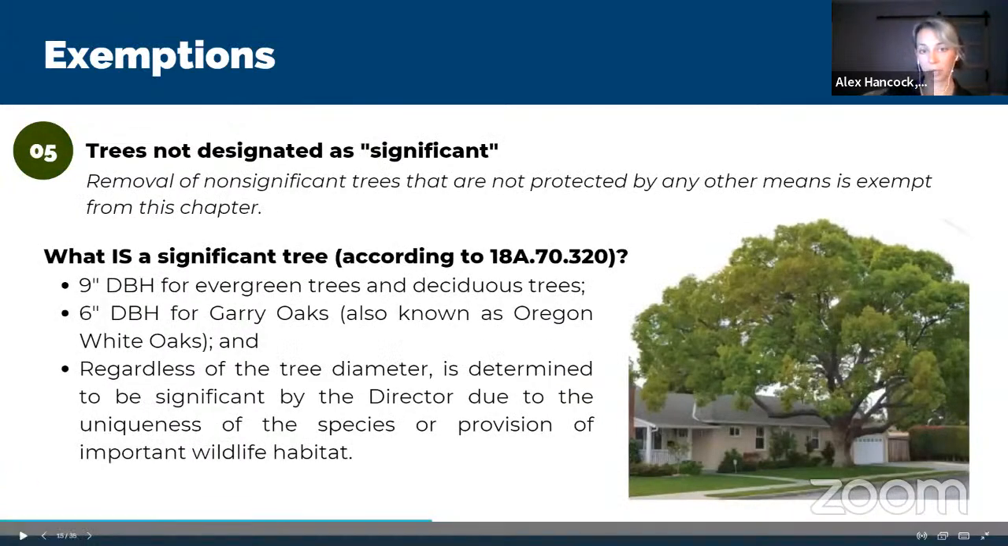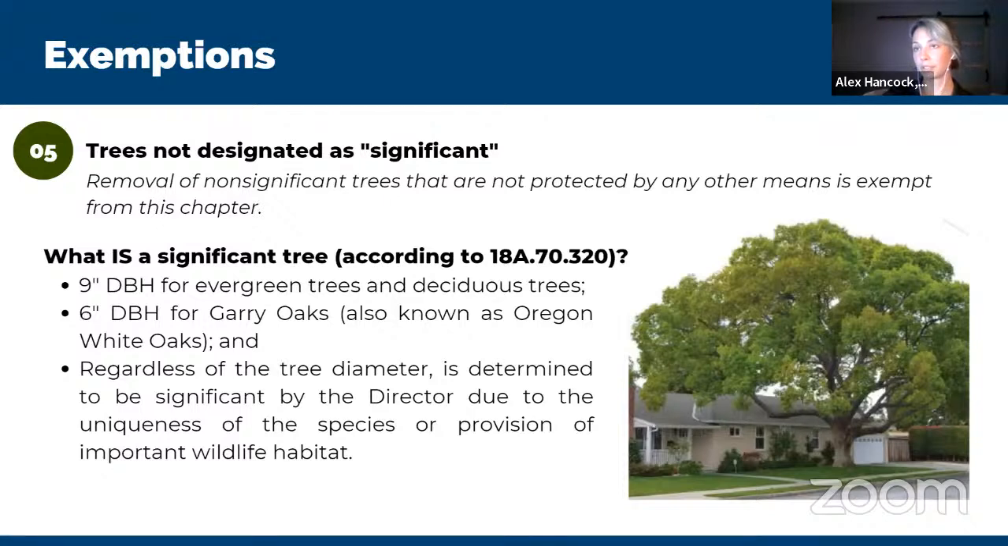And at this point, we're going to get to the fifth exemption here. So trees not designated as significant. So the removal of non-significant trees that are not protected by any other means is exempt from this chapter. This is important for us to discuss. So just to break this down,